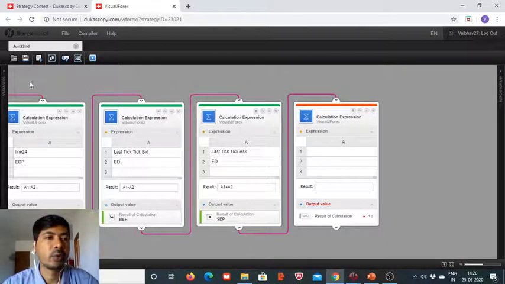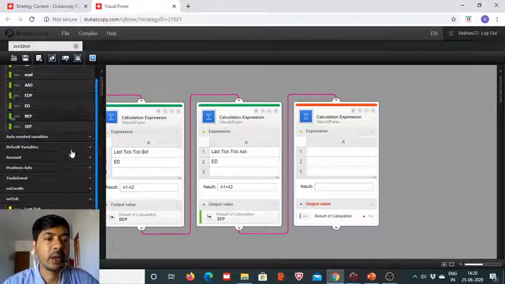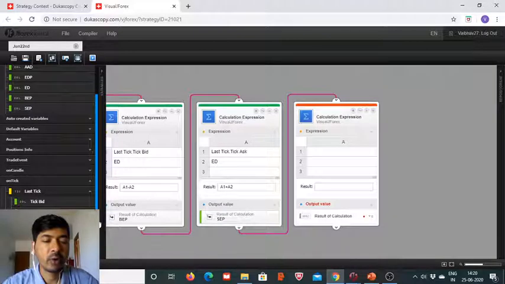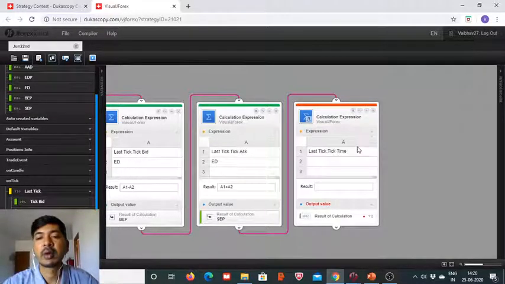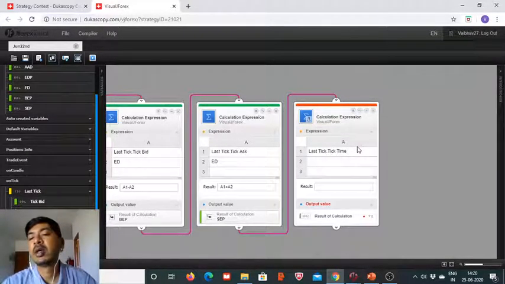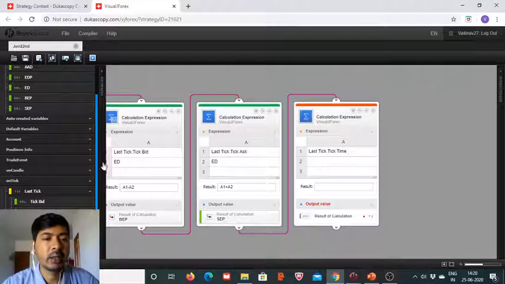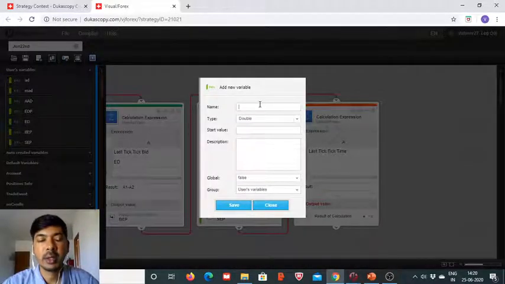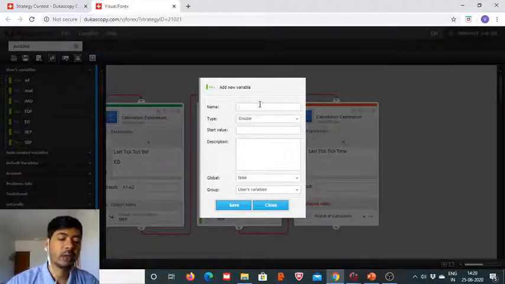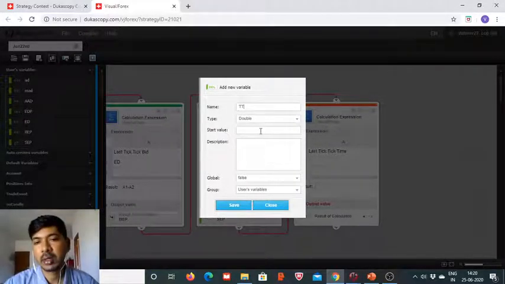So what we have to do is take the last tick time and then add 3 times 3.6 million ticks. 1 hour consists of 3.6 million ticks, and since we are going in for an order validity of 3 hours, we need to multiply those 3.6 million ticks by 3. So we have to create fresh variables here. We will need 2 variables now, and one is going to be tt, tick time,